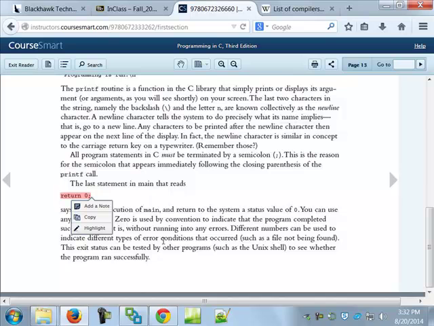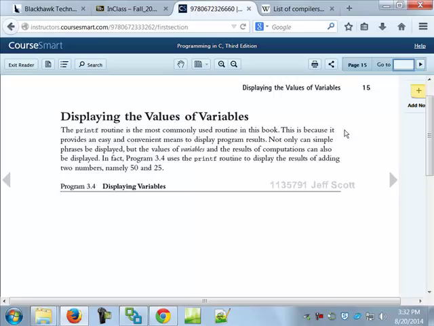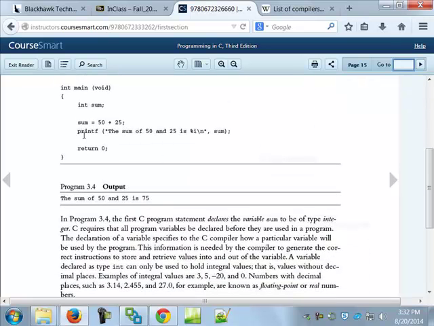One of the other things that we talked about last time, and again we're going to look at it again and probably again, is this line right here. It has to be where you start to develop somewhat of a comfort level with this. What you see in there where it says the sum of 50 and 25 is %i sum. That %i is a placeholder. Again, you can use i for integer or d for decimal integer. But the i is a placeholder.